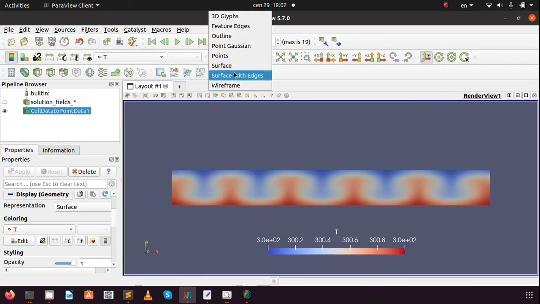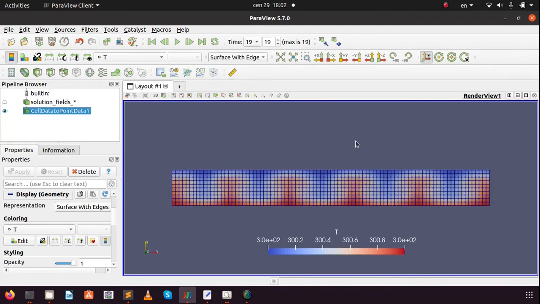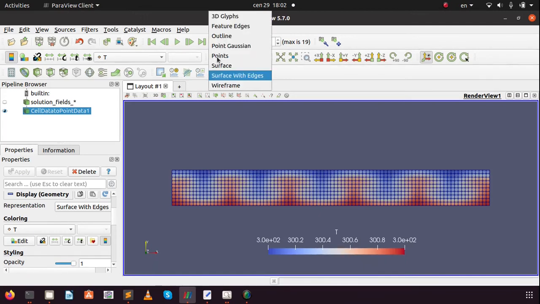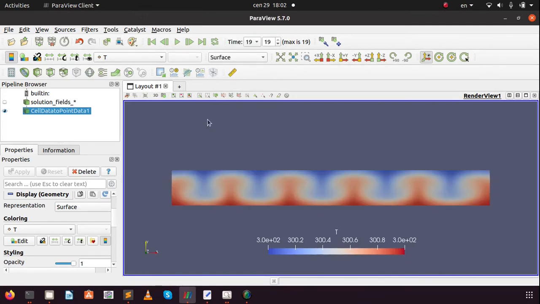I think that it won't be too big if the mesh was refined. Look at this mesh, it is really coarse. 1, 2, 3, 4, 5, 6, 7, 8, 9, 10 cells, only 10 cells in vertical direction. So it's really coarse. But now I would like to show you one more run